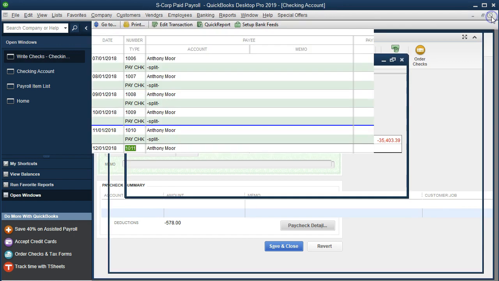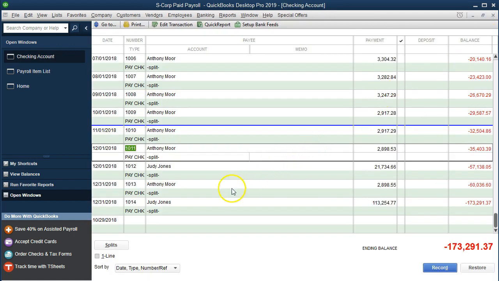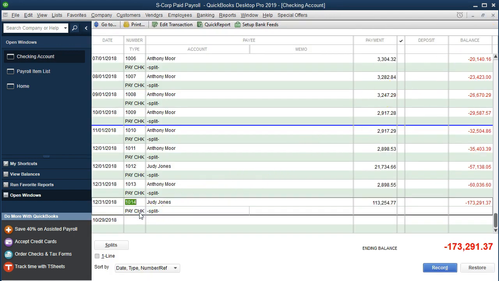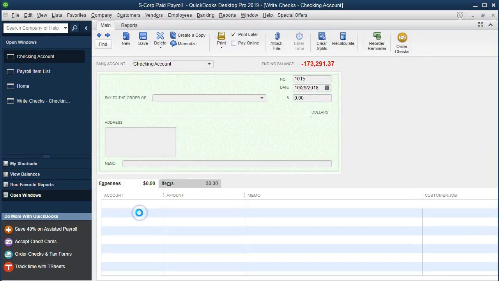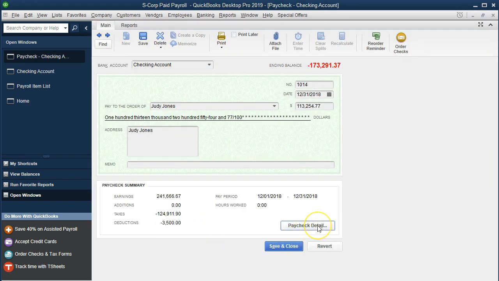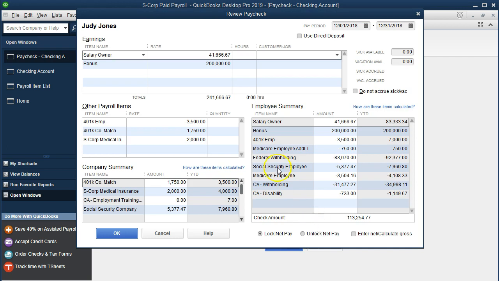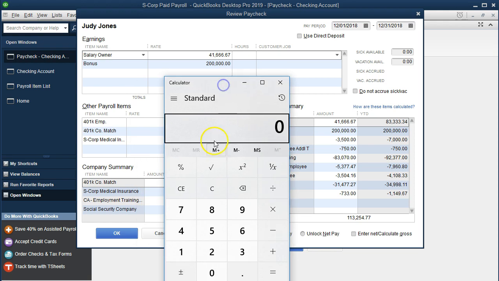I'm going to close this out. One more example, if we take a look at Judy's final paycheck, Judy Jones' final paycheck, and she got a bonus here. I'm going to go to the Paycheck Detail. So now she's got this bonus, and now in Medicare, that's going to push her over the cap. So now she's got the normal tax calculation for Medicare, and instead of reducing the tax as Social Security does when the cap is reached, this would be